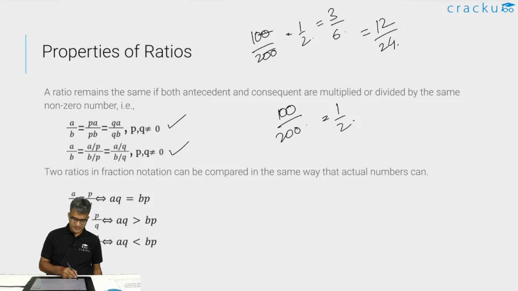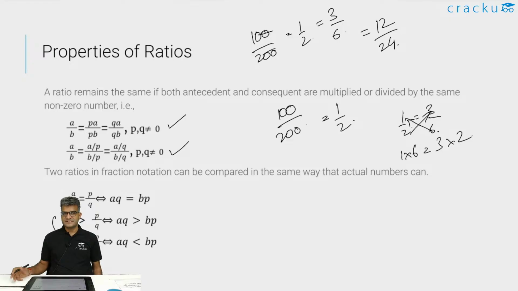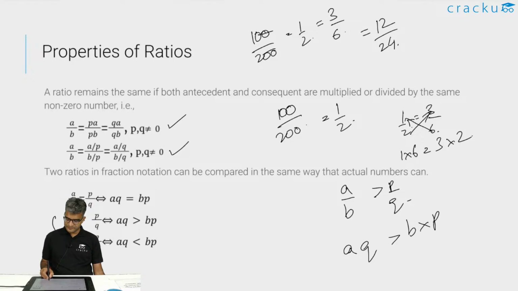Similarly, this also I think is an important thing which I want you to remember. Like in an equation, suppose somebody says 1 by 2 is equal to 3 by 6, which is the case. If you cross multiply, it will be 1 into 6 is equal to 3 into 2. In the same way, even in inequalities, if you are saying that A by P is greater than B by Q, if you cross multiply, you are going to get A into Q is greater than B into P. That is, you are just cross multiplying here.